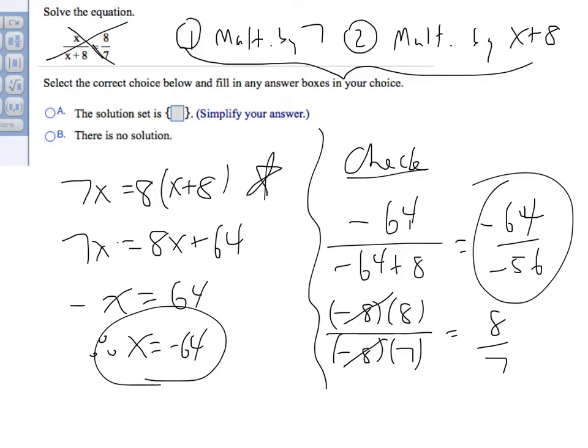So it does check out that negative 64 is the solution. The smiley face kind of got a lazy eye there. Anyway, the